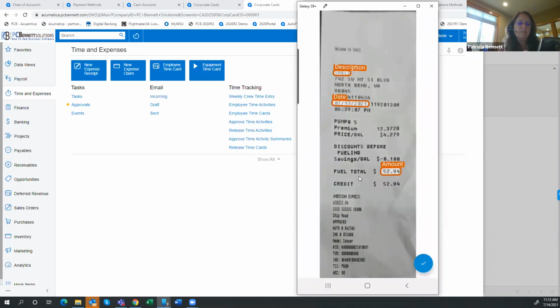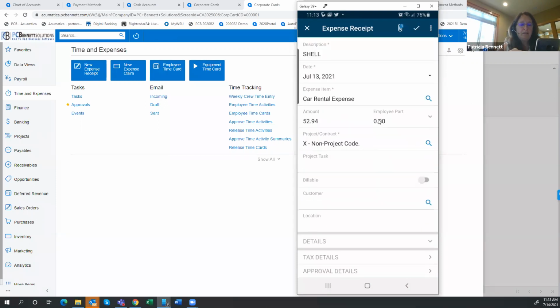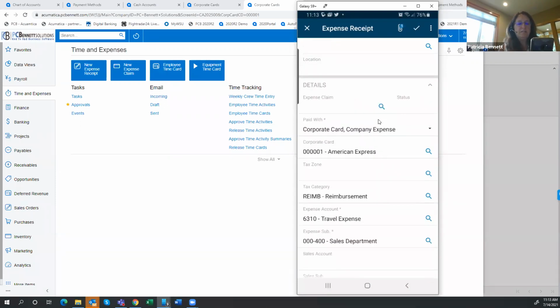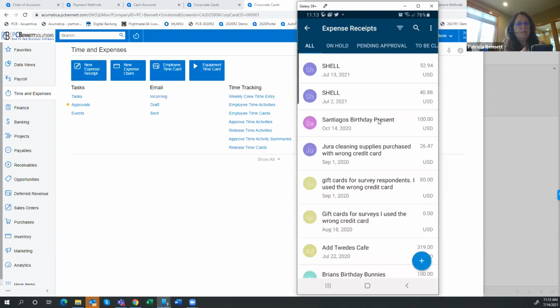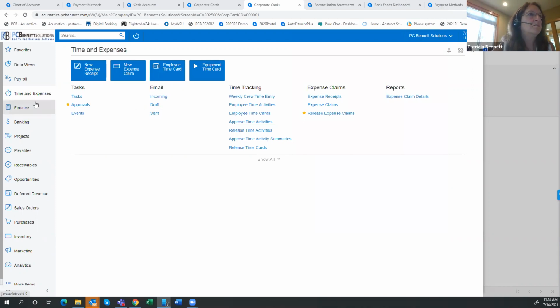Again, it's going to recognize the same things, that it was Shell. And this is artificial intelligence. So the more I do this type of receipts, the faster it knows what it is and how to handle them. The difference on this one, again, it already remembered that it was a car rental expense. The difference here is that this is going to be a personal expense. And I'm going to go ahead and, so for the sake of making things a little quicker, I'm now going to go here